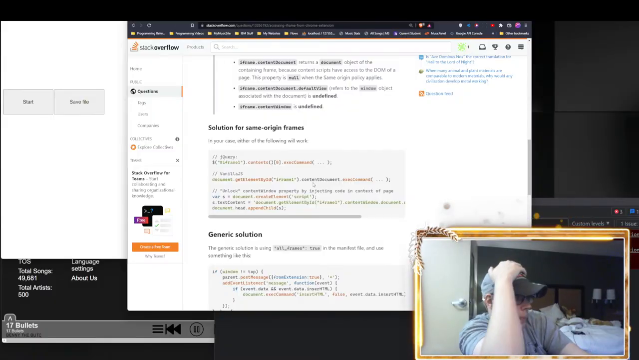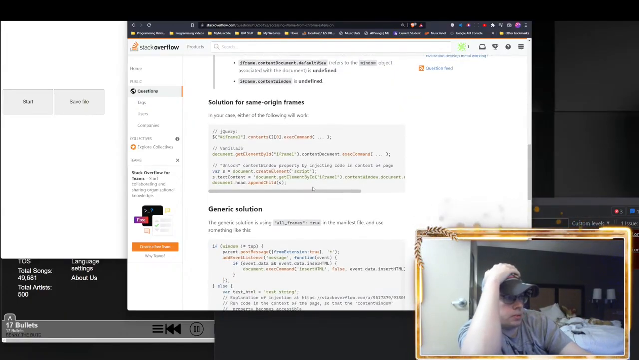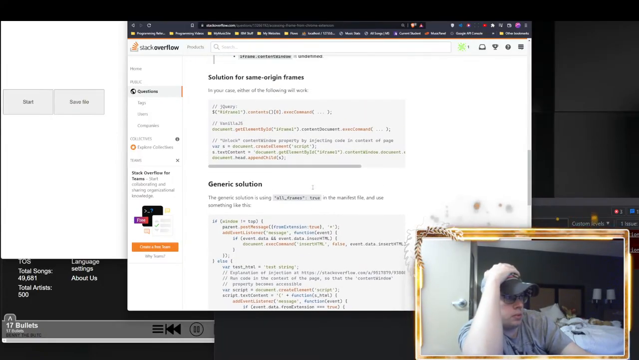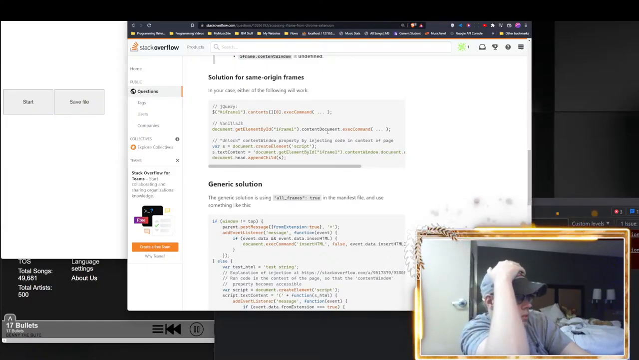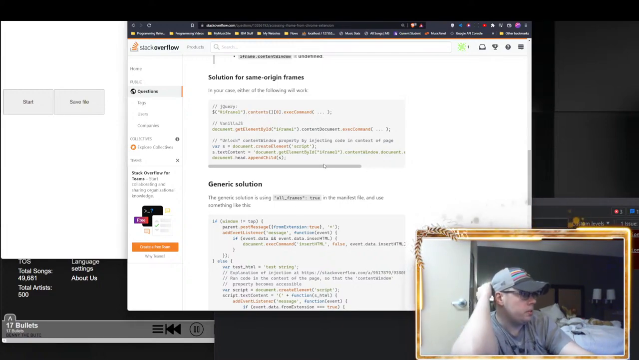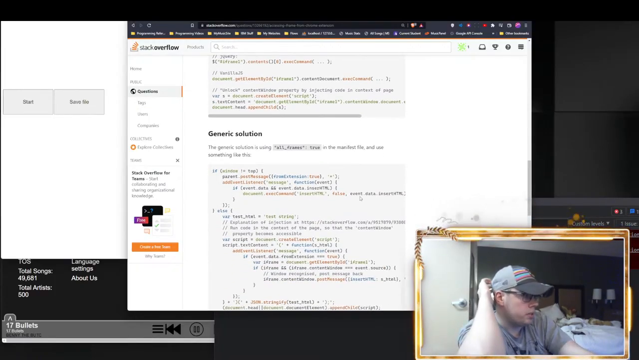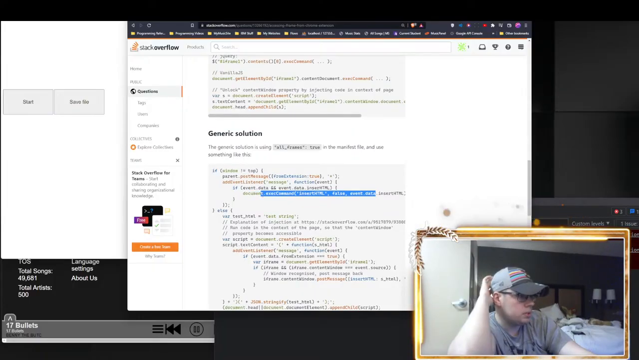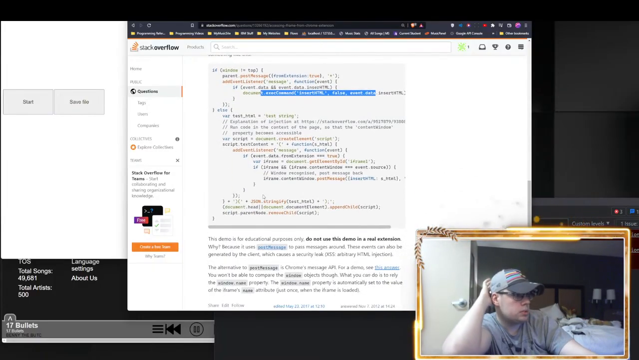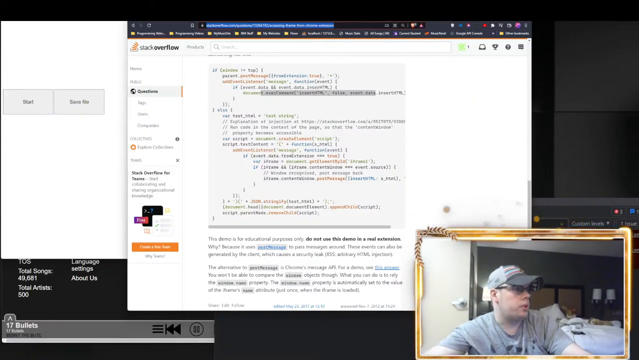But if content document execute command, if this was the case, then I could use insert HTML like that. If this is the case, I could just do this. I could